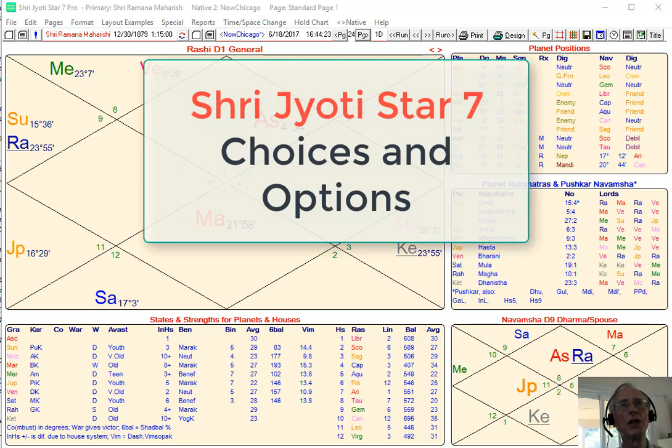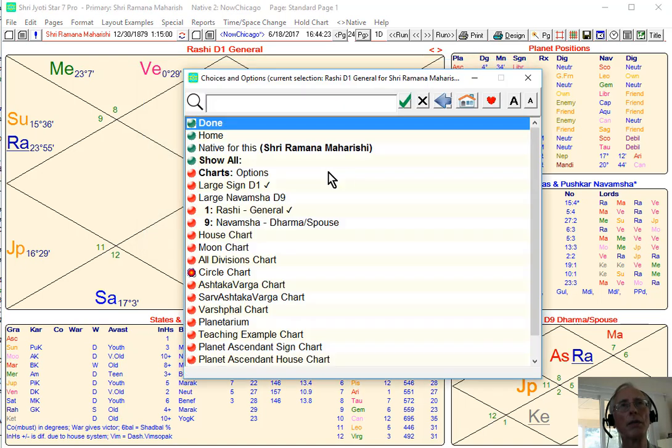Welcome to this introduction to the Choices and Options dialog. To bring up the Choices and Options dialog, just click somewhere on the page. So this is the Choices and Options dialog, and first I want to introduce you to the buttons at the